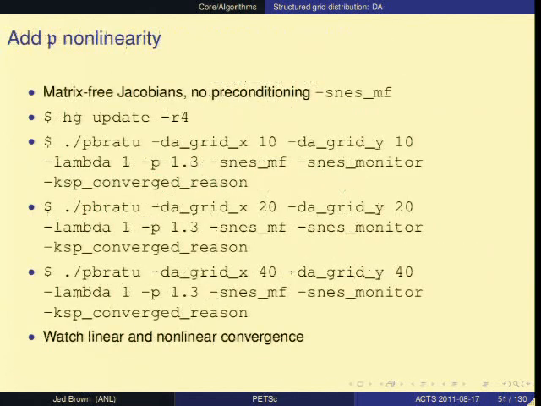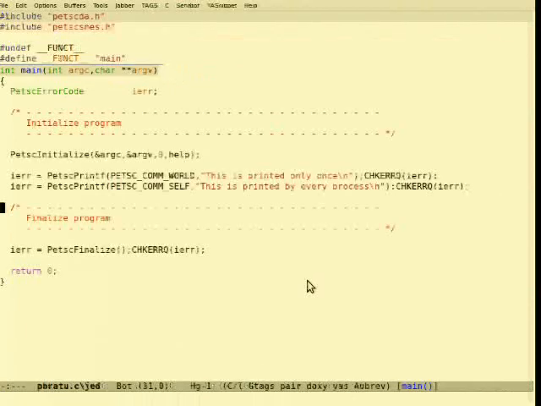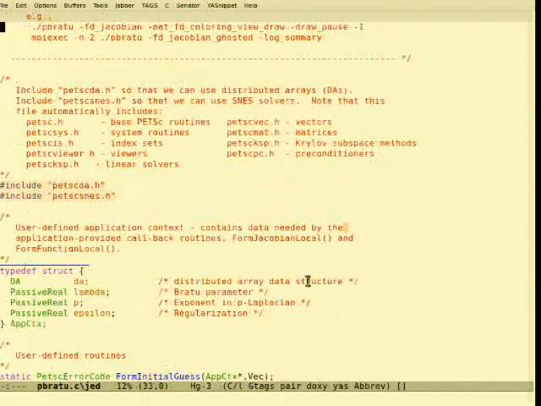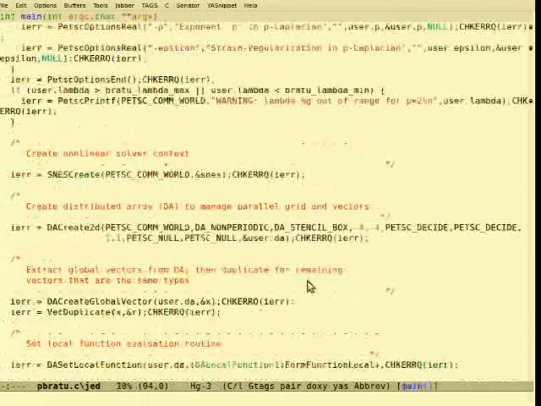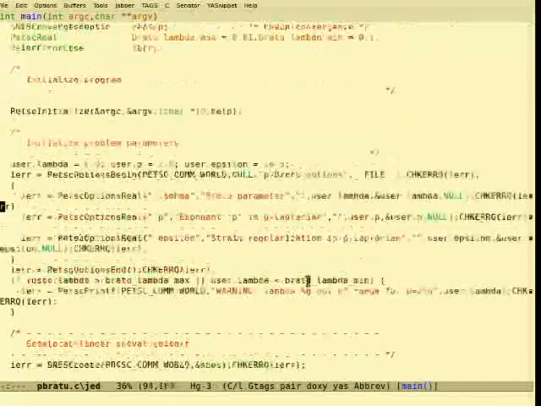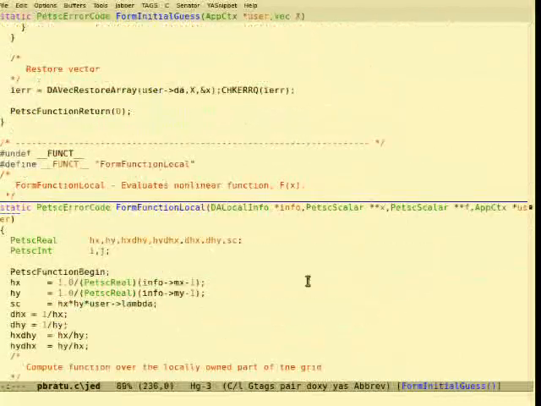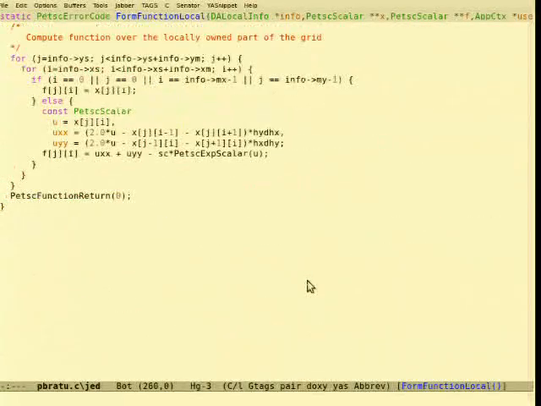So the actual code for this example does some setup, and it pulls in these parameters. We have an initial guess, which was pretty simple, and then this is the code here.